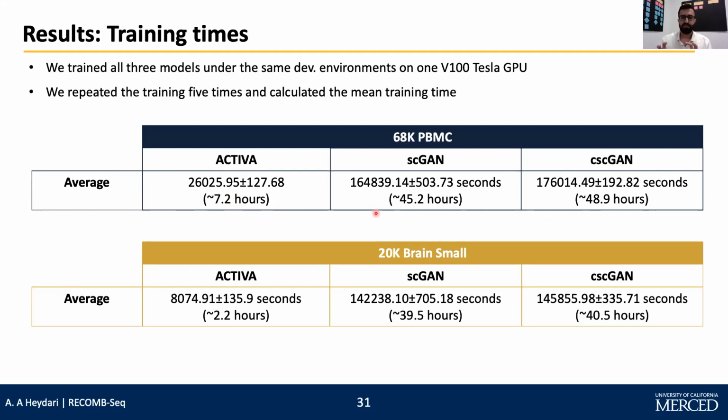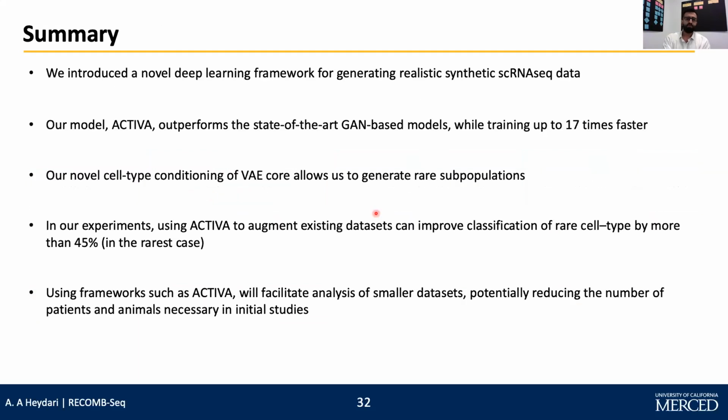And one other thing to keep in mind is that if you're trying to do both of those things, you have to train 2 separate models, while with ACTIVA, you can train 1 model and you have both capabilities all in one. And to summarize what I talked about today,